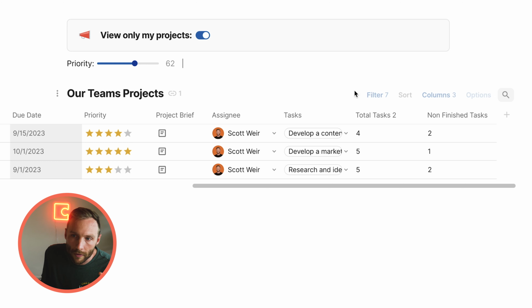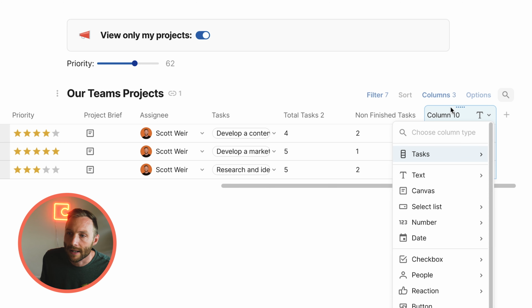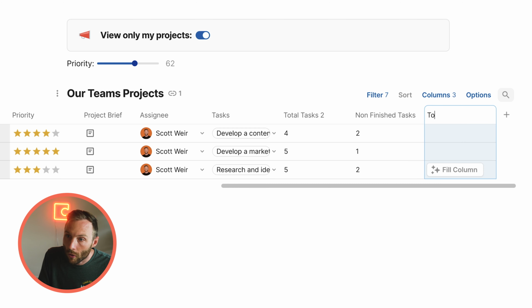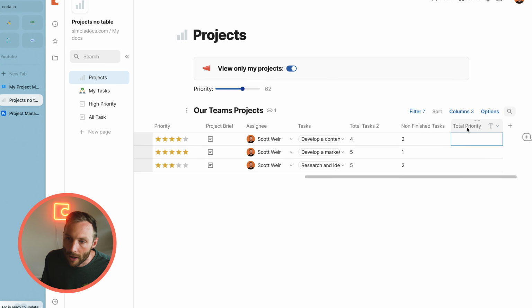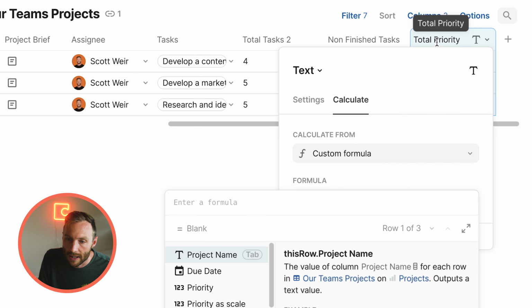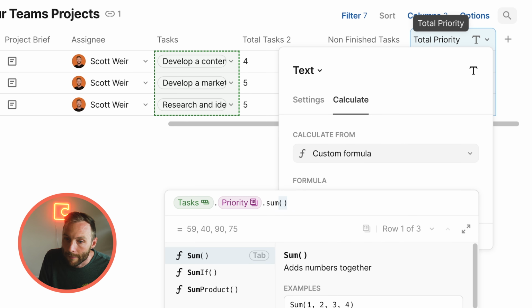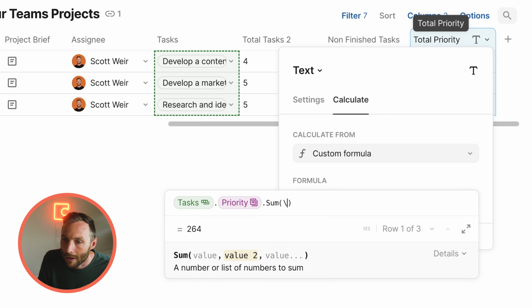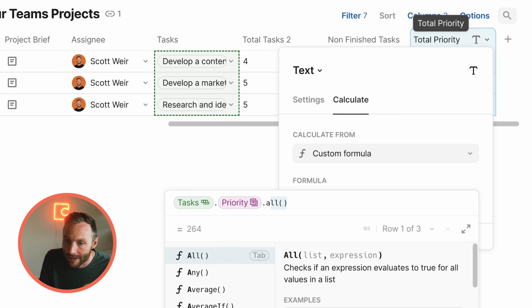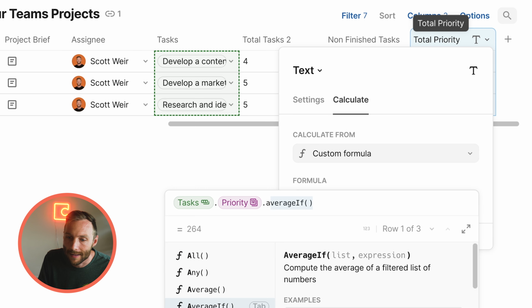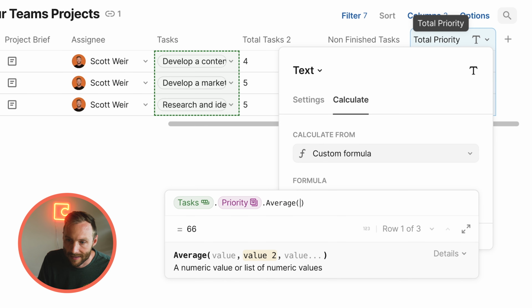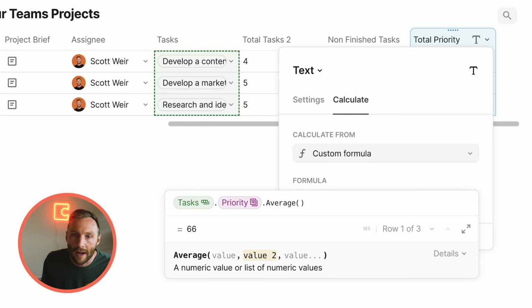Something else we could do really cool with formulas. Right, so you can write all your normal formulas here, right? I can say like total priority. All right, with total priority, I can come here and I can say essentially tasks.priority.sum. So give me the total, or I could say average, you know, or I could say max. So those are your normal formulas like you would in a column,